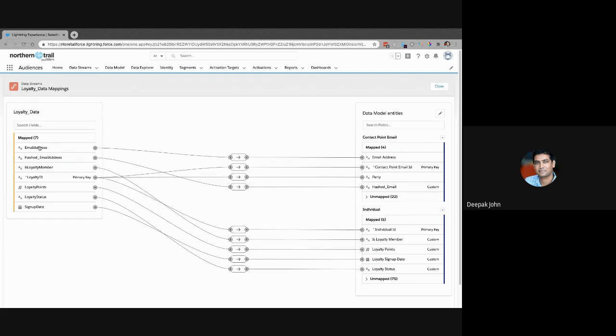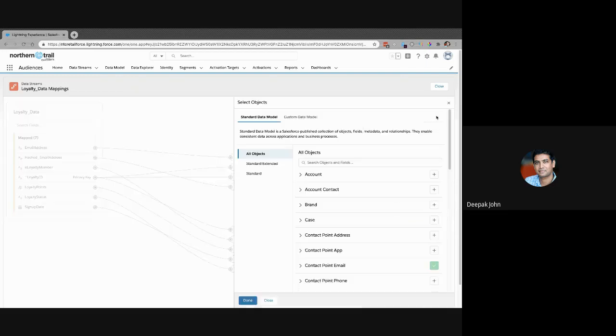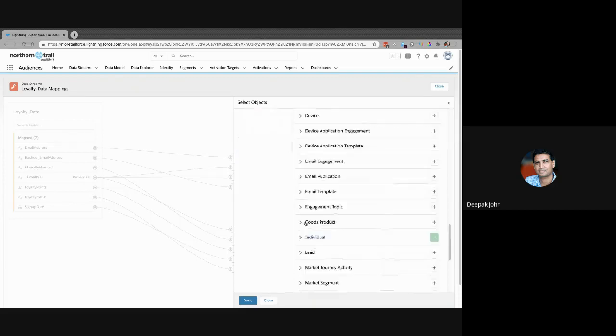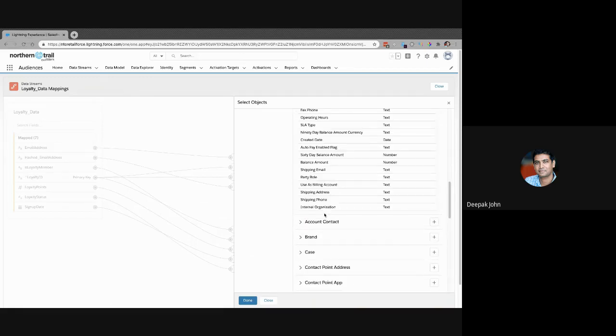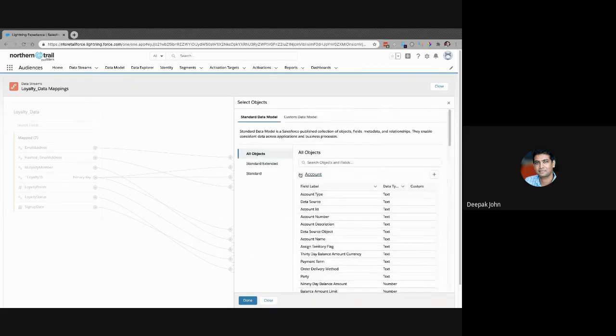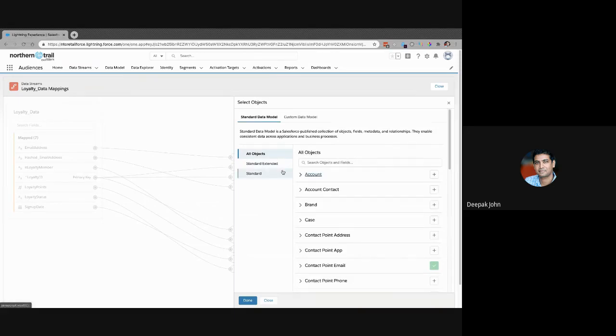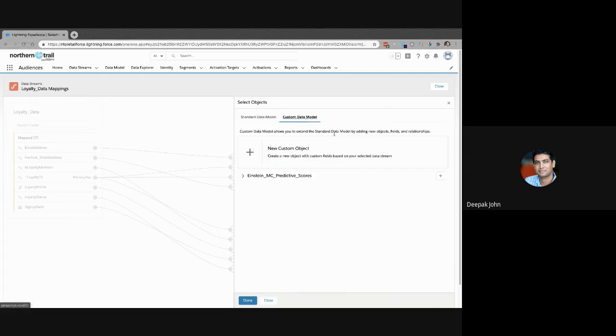And again, for a marketer, it's nothing more than click, click to map attributes on. So if I hit the little pencil over here, you can see that standard model has attributes from pretty much anything that you would need as a marketer in order to map data points on and build that single view of your customer. You've also got the ability to add in custom attributes as well in order to do that mapping. So that's the custom data model over here, and you can build your attributes in that data model. You've got one here from the Einstein side of things for the predictive recommendations coming through.